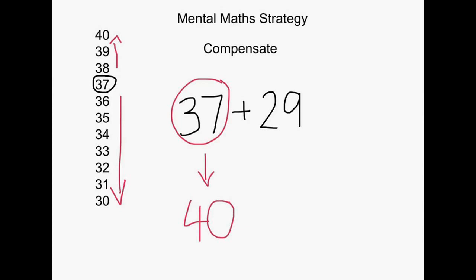Okay. I know my facts to 10. I know that 7 plus 3 is 10. So 37 plus 3 is 40. So I've added 3 on this side. Anything that I do on one side, I need to do the opposite on the other side. So if I've added 3 over to the 37, I'm going to take 3 on this side. 29 take away 3 is